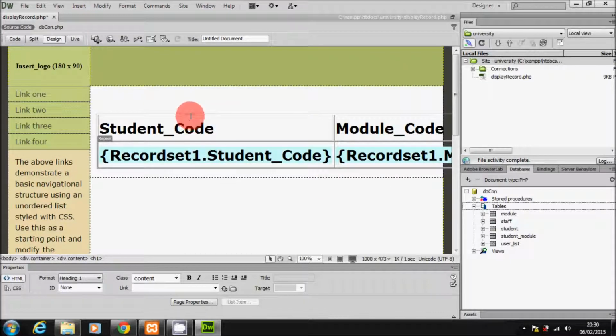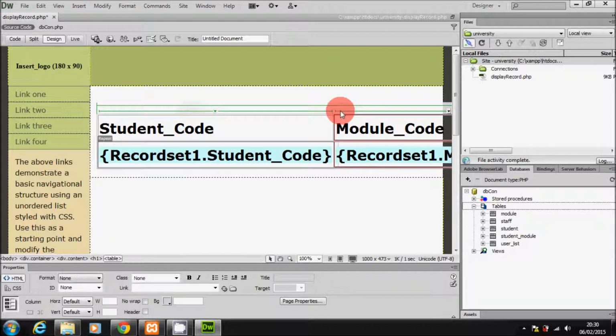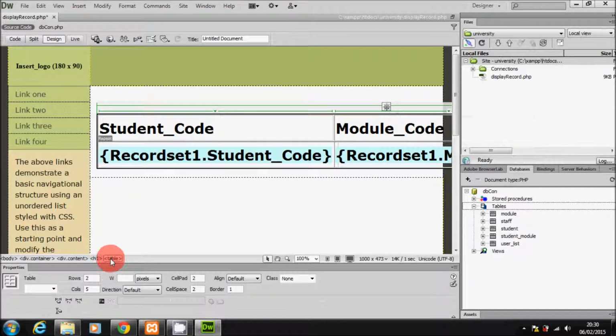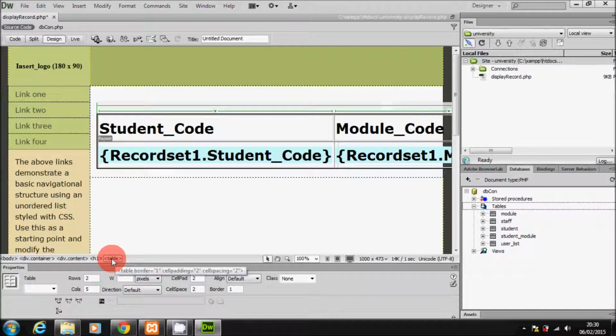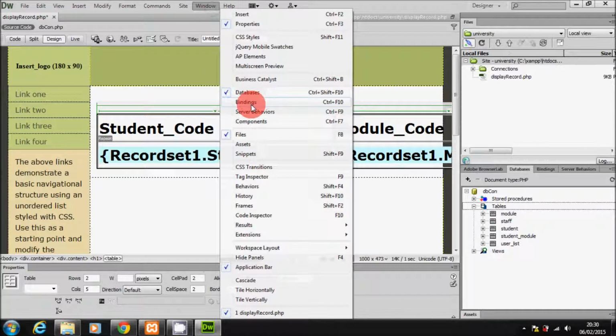So you can see quite a big table, and we have learned how to use CSS to organize this. So I'm going to select this table to make sure that I can organize this a little bit, because as you can see it's very big. So I can also click on the property there. I select the table, and I go to my CSS, which I do not see, so I can get my